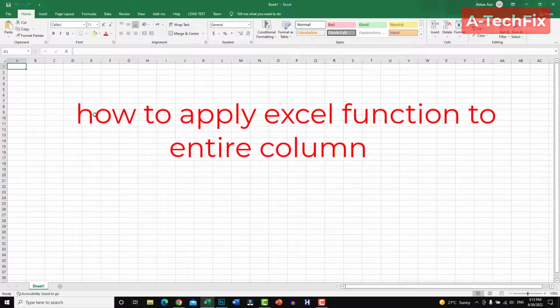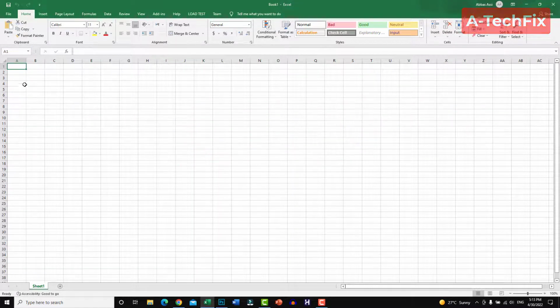To apply formula to entire column in Excel, simply